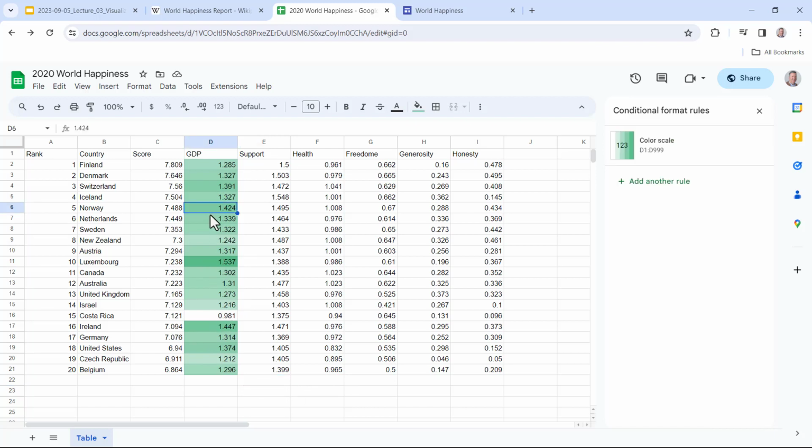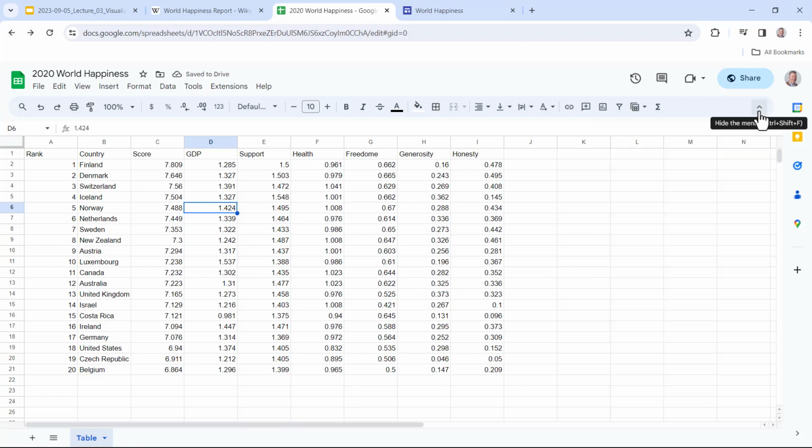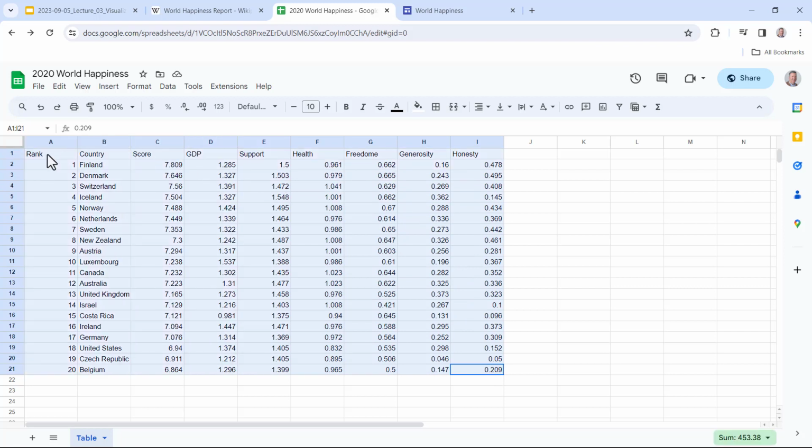Now, to delete the conditional formatting, you need to select a value that has conditional formatting, and then over in the conditional formatting panel, click the Delete button. I'm going to close conditional format rules. Now we're going to apply alternate formatting. So I'm going to select all the records